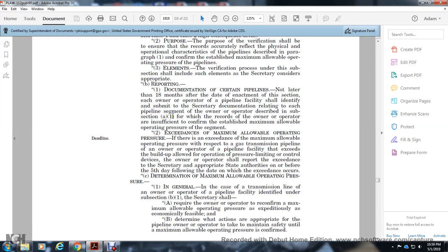Exceedance of the maximum allowable operating pressure. With respect to a gas transmission pipeline, if the owner or operator of the pipeline facility exceeds the build-up of the allowed operating pressure limit, the owner and operator shall report the exceedance to the Secretary and appropriate State authorities on or before the 5th day following the exceedance. Determination of maximum allowable operating pressure: in general, with respect to a transmission line of the owner and operator of a pipeline facility